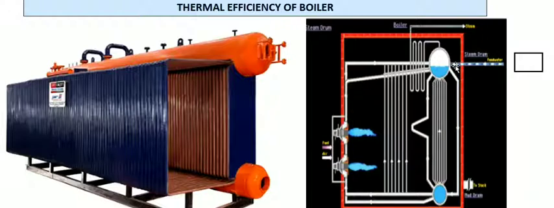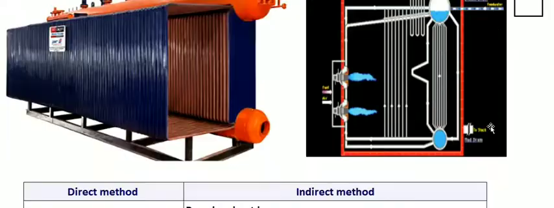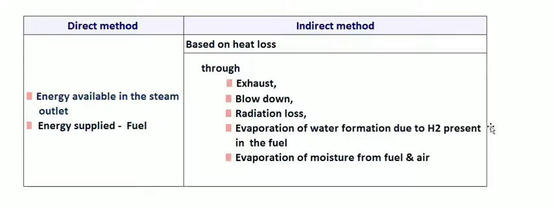It will create cold end corrosion or hot end corrosion. To avoid that, we want to maintain a certain temperature. Based on sulfur content, we want to find out the dew point, and maintain the temperature above it to avoid cold end corrosion. So exhaust is the first loss. The second one is the blow down, so heat loss to the blow down. And the radiation loss, because on the surfaces, whatever insulation we put, there will still be some temperature on the outside of the cladding insulation. So that we want to find out.